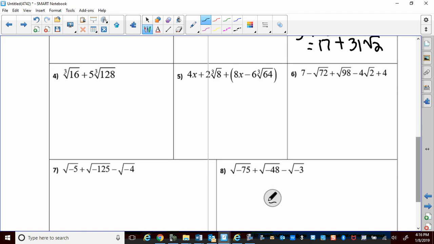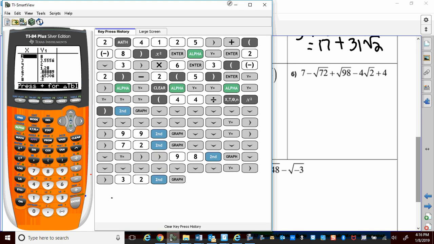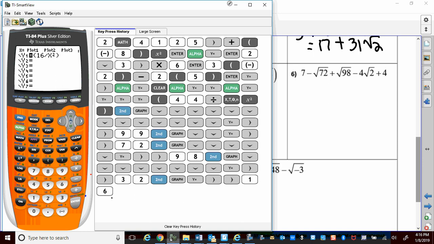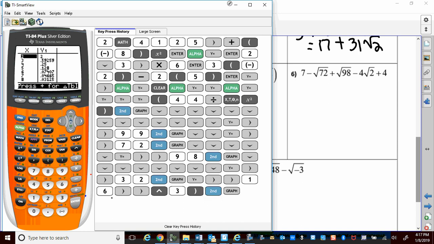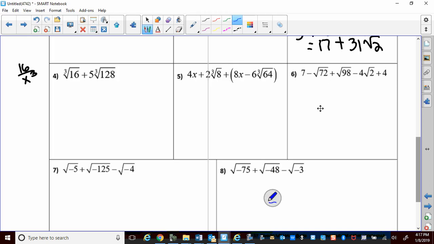Next, the cube root of 16 and the cube root of 128. So what we're going to do is we're going to say 16 over x cubed in our graphing calculators, right? So y equals 16 over x cubed, so up arrow cube, second table, and I get 2 cube root of 2. 2 cube root of 2